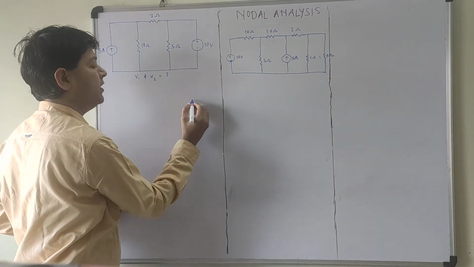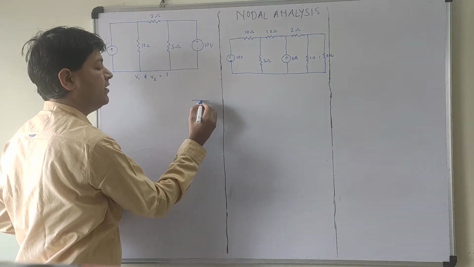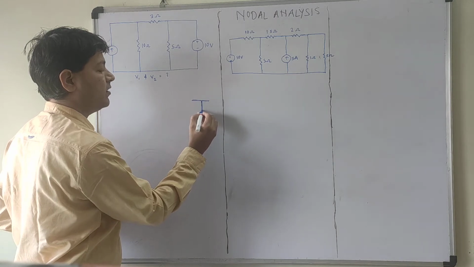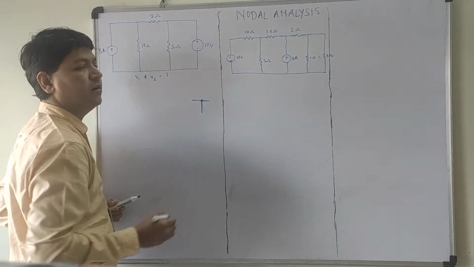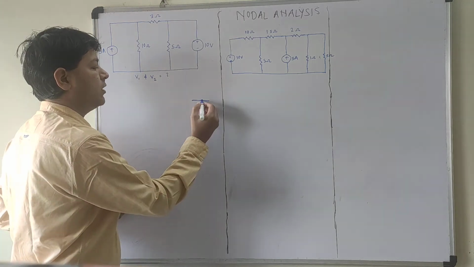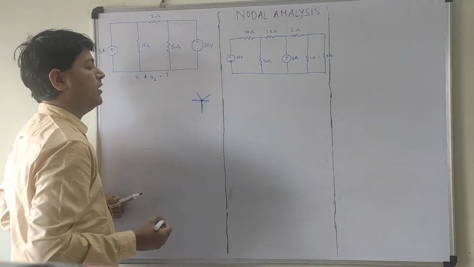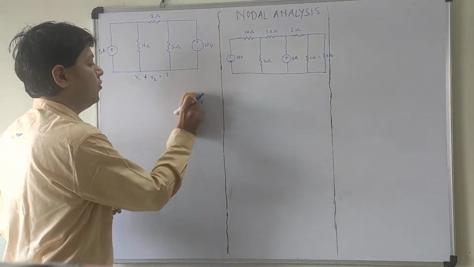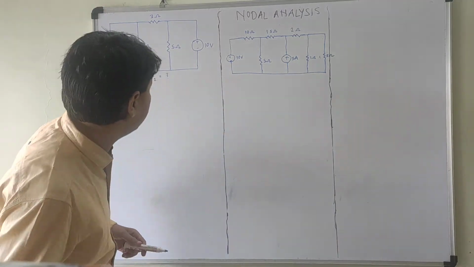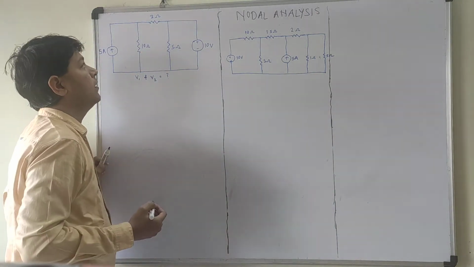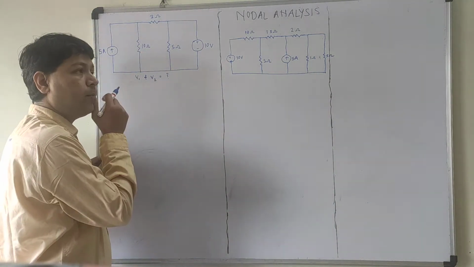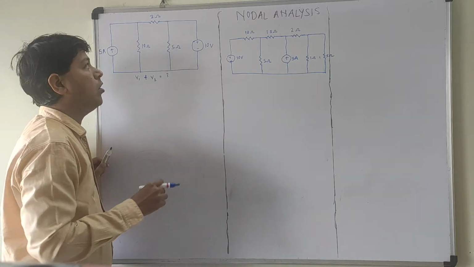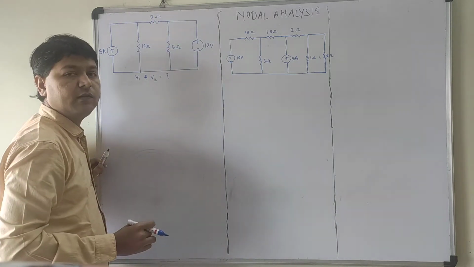So node means when more than two lines are coming together. Here in this case one line is there, another line is there, and a third line is there. So this is becoming a node. A node can have a maximum number of lines like this. When these lines come together, they form the node. Wherever there is a node, we have to specify that node, and with respect to that node we have to apply Kirchhoff's current law, and by using Kirchhoff's current law we can find out the voltage across nodes.